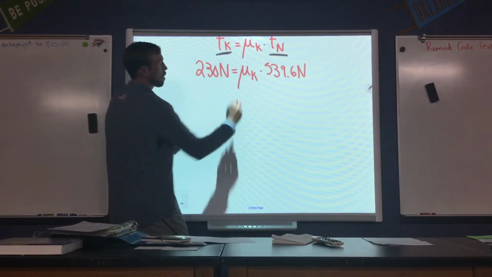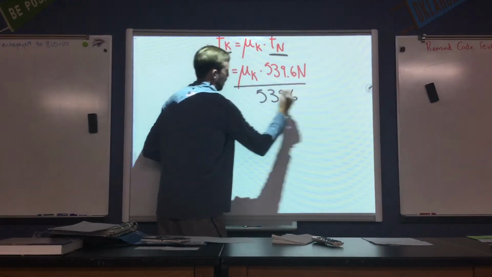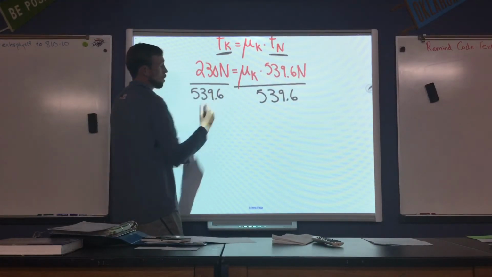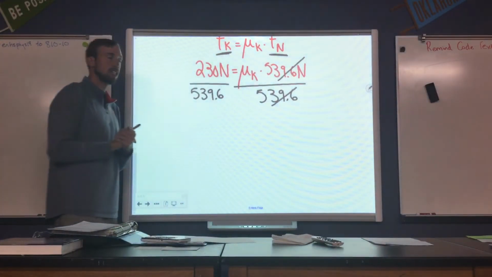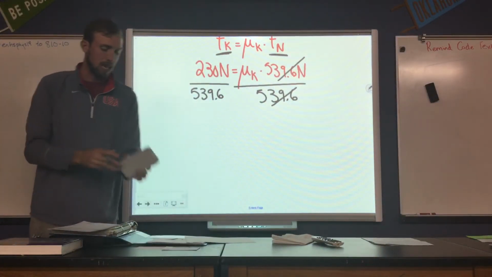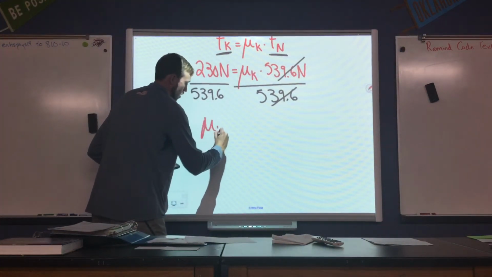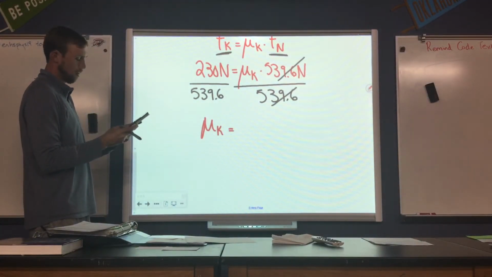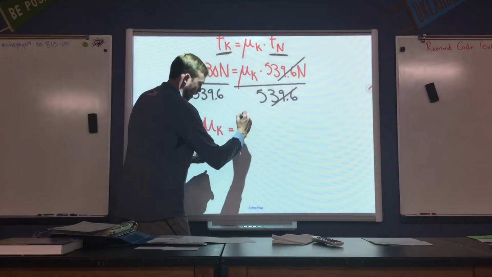So now to get mu sub k by itself, we'll divide by 539.6 on both sides of our equation. Again, whatever we do to one side, we always have to apply to both. So 539.6 over 539.6, those cancel out. And now we have an expression, mu sub k is equal to 230 newtons divided by 539.6 newtons, and we get a value of approximately